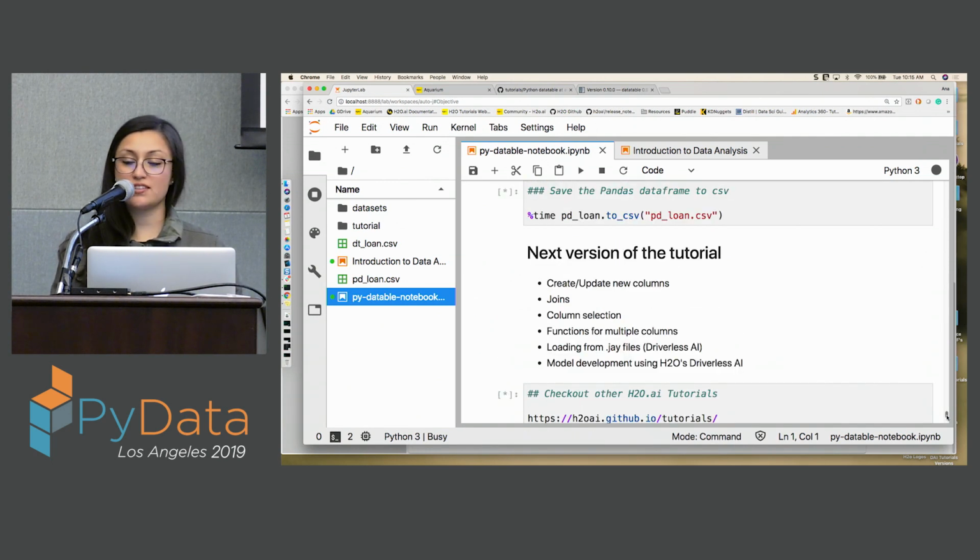We're hoping that for the next version of the tutorial, we can have a section where we can create and update columns. We could do more joins, column selections, and functions for multiple columns. And then another part too is that we do have